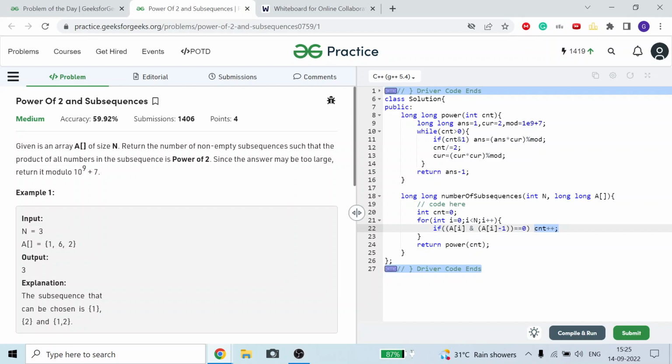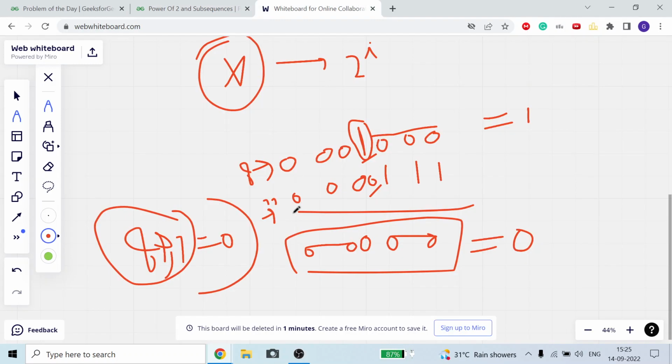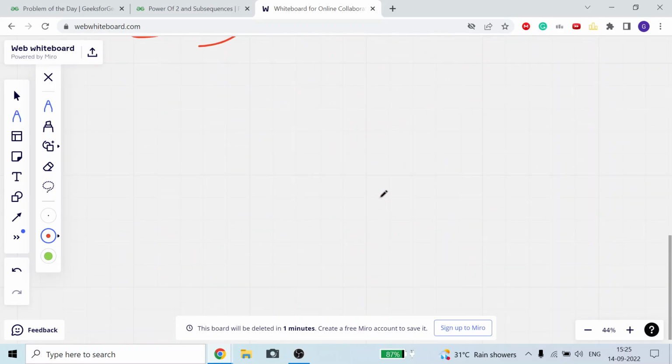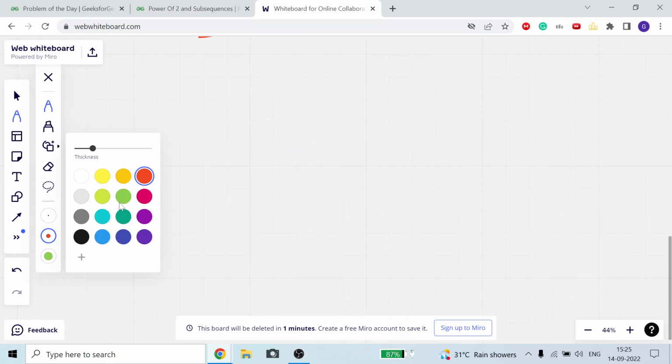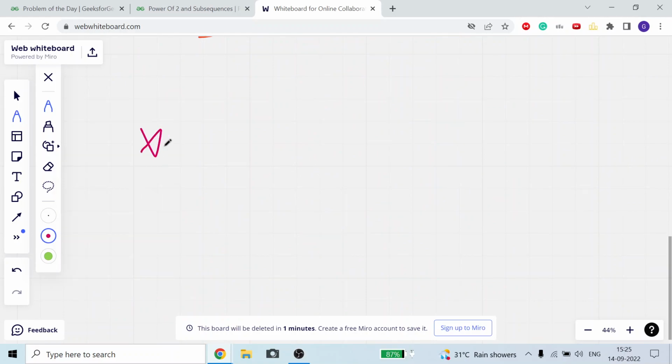Okay guys, this is the formula by which we will check if a number is a power of 2 or not. If you are not familiar with it, then do a dry run with certain cases, or there are some blogs on LeetCode and Codeforces. You can read about it from there as well. Now, if we are discussing a single element, then it should be a power of 2 to be considered in our subsequence. But now suppose a case for two elements. This is the last step we need to discuss. After it you will easily get it.